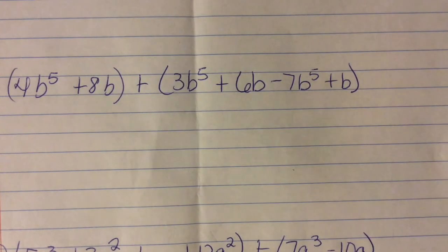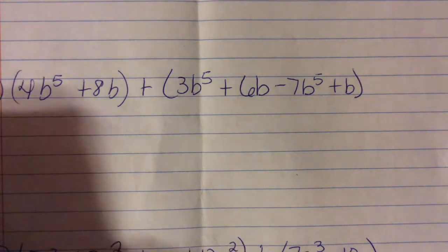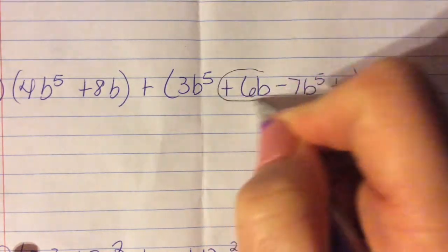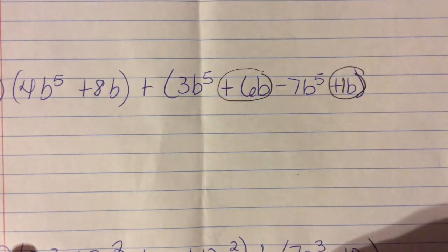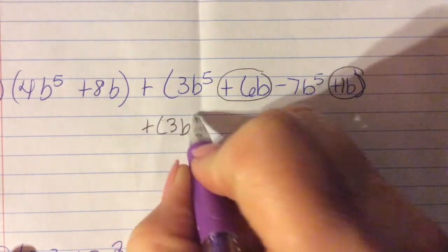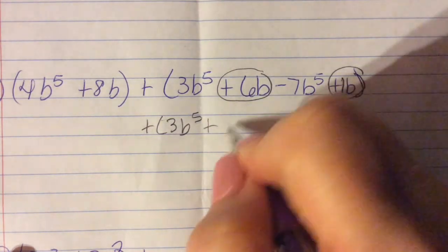You might be noticing that I've got some things on the right that I can simplify, that I can combine on this side. I have a 6b and a 1b over here. So I can simplify that to be plus 3b to the 5th power plus the 6 plus the 1 is a 7b